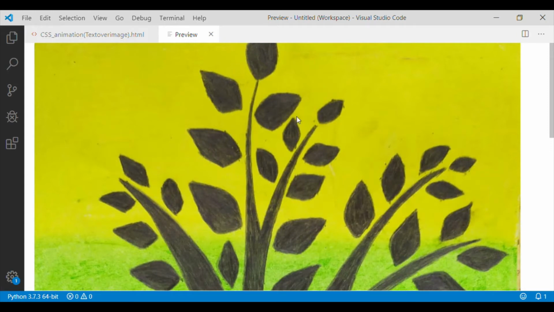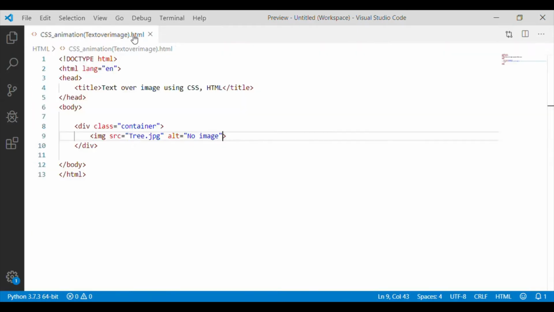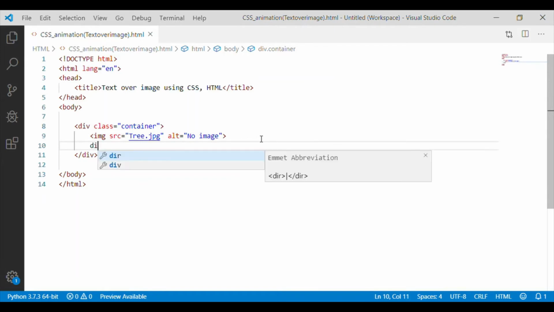Now we will go back to our HTML file and then give the text to be displayed over this image on the top, left and right. So within the div class container, we have the image. Let me include the text that should be displayed over the image.